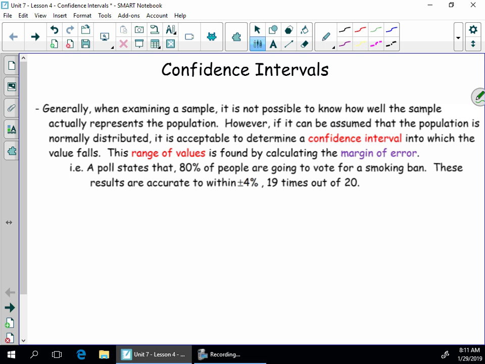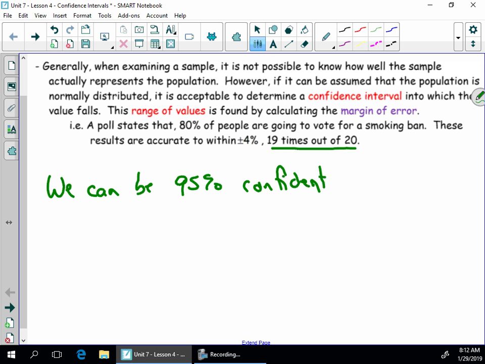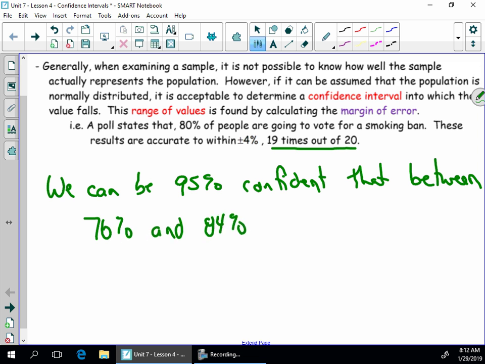What does that actually mean? Okay, what it means is that we can be 95% confident, and I'm getting that because it says 19 times out of 20. 19 divided by 20 is 95%. What can we be confident about? That between 76% and 84%, in other words, 80 plus or minus 4, actually support